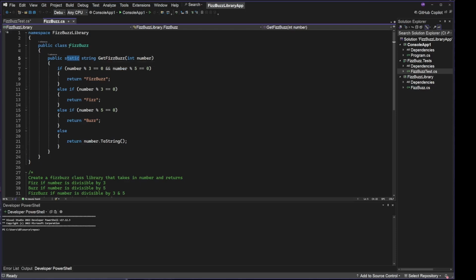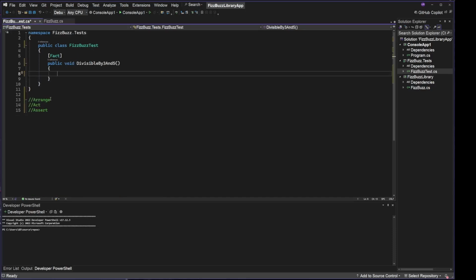So I don't need to create an instance of the class FizzBuzz and then use this method, because my method is already static, so I can directly call from it. So we can skip this arrange section. So what I can do is I can say my expected value, which is of string type, will return FizzBuzz,